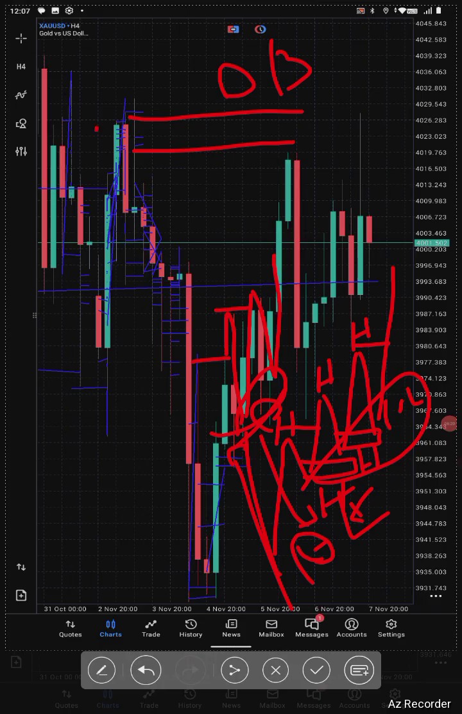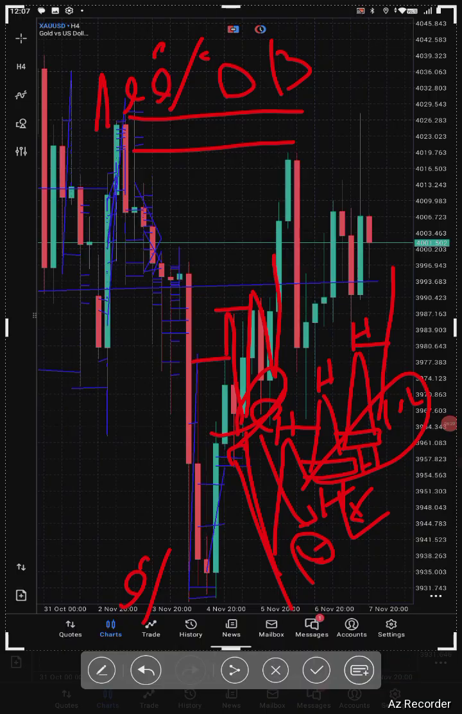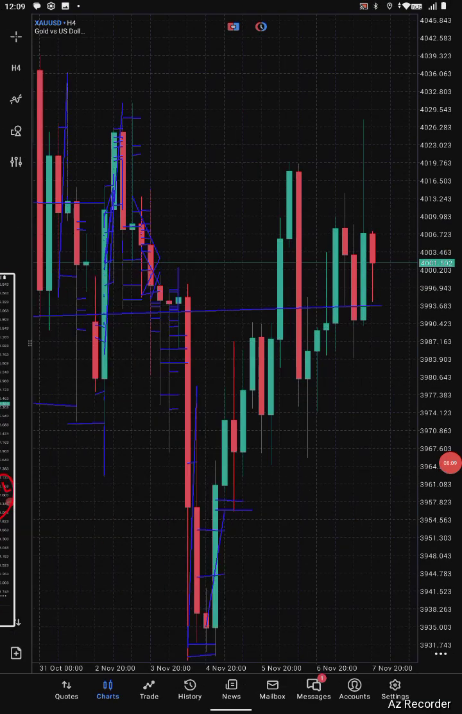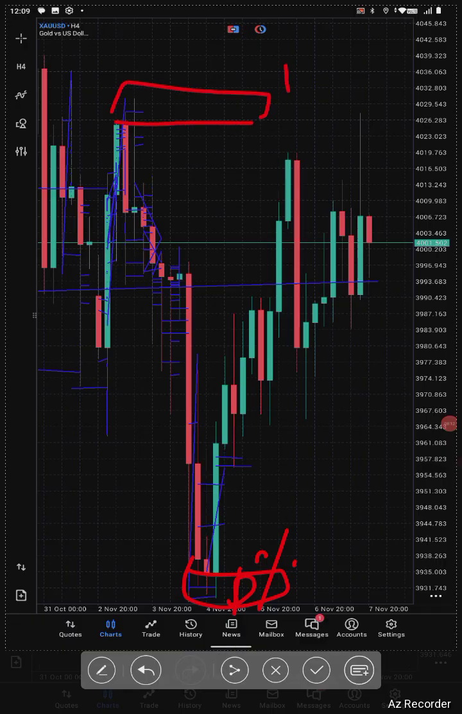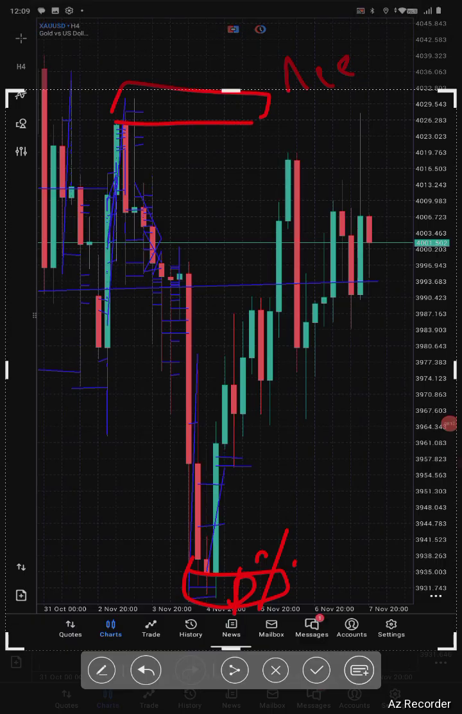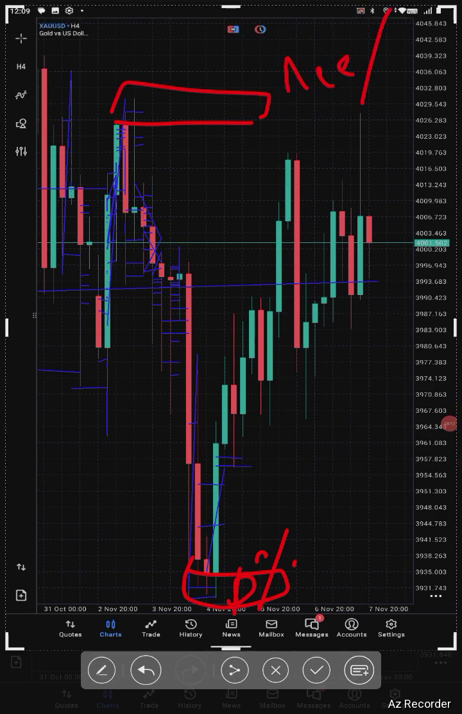Or we can say Fibonacci is important. This one is 100, this one is zero percent. Okay, let me do it again. This one is zero percent of the Fibonacci, this one is 100. Sorry. OB. So the Fibonacci levels are just like